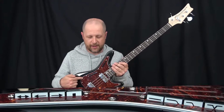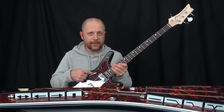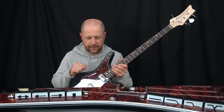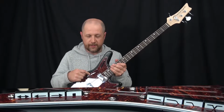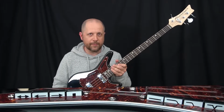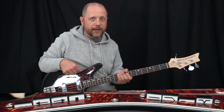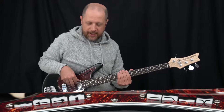Now, here on the tone, you have flat, no tone. Second button is a treble roll-off. Third button is more of a treble roll-off. And then the last button that you have here is a scoop. Click, click, click, click. So both pickups on with a heavy treble roll-off is really great for stuff like that,